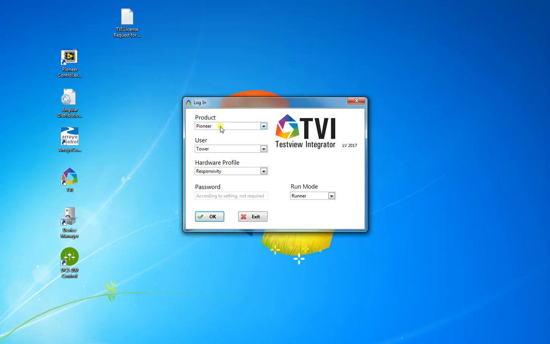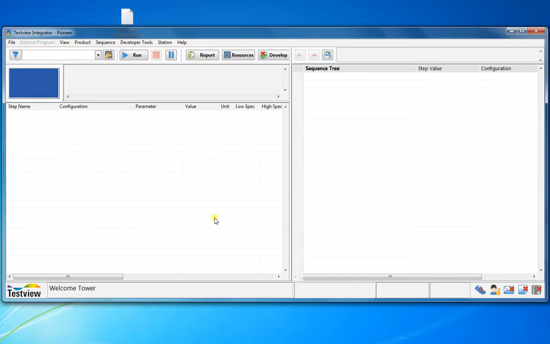The first folder where we store the results is associated with what we select here. If we select Pioneer, you will see that one of the subfolders will be designated as Pioneer, or Pioneer N, or Ranger. For example, let's take the Pioneer and click OK.